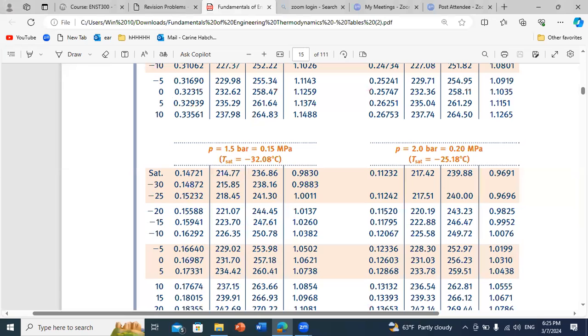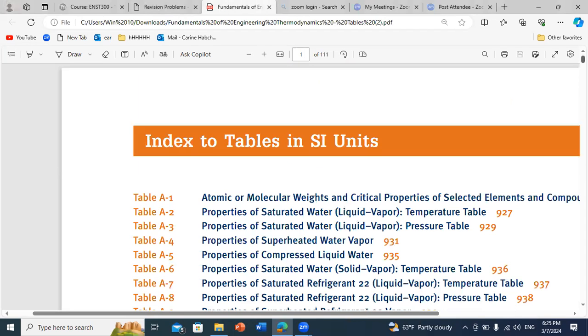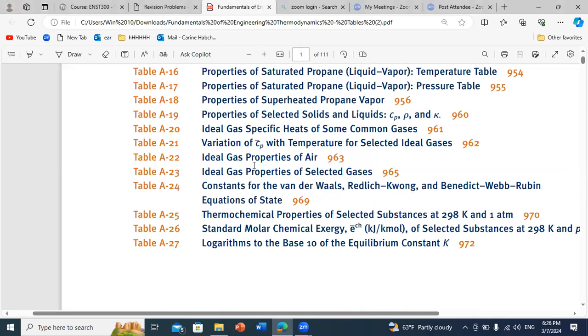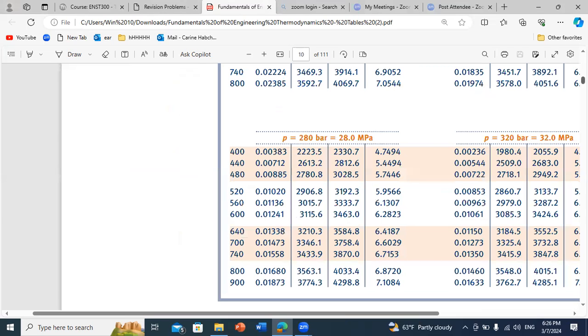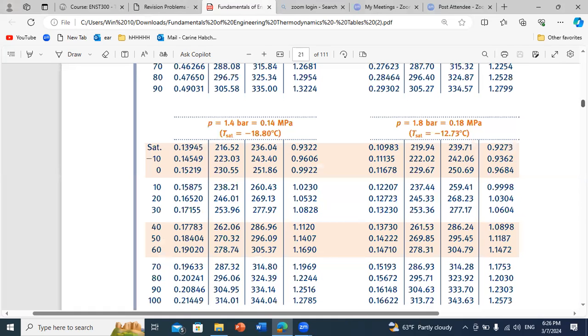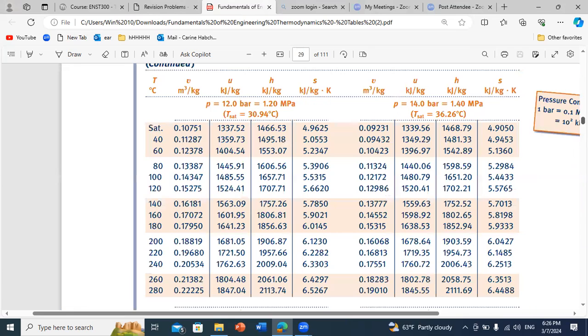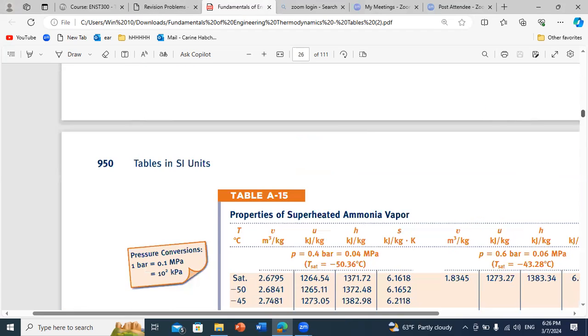So now, if I go to the appendix of these tables, I can see that for air, the ideal properties of air are given in table A22. So I can just go to table A22. And as I told you, I will provide you tables. Don't worry about them. I will provide you the tables that you need. So once we go to table A22,